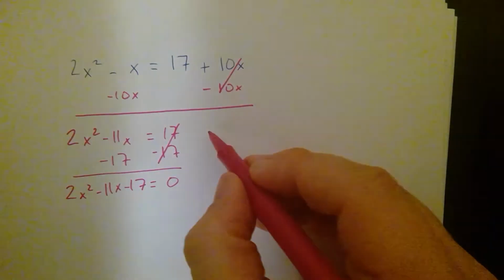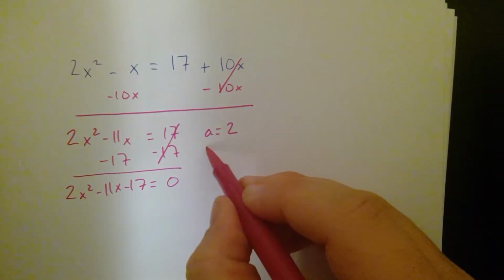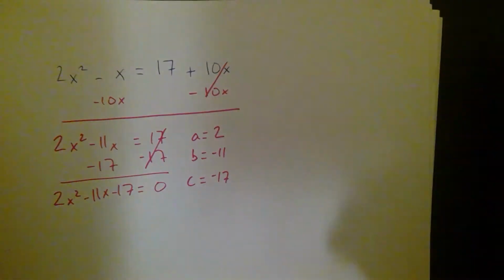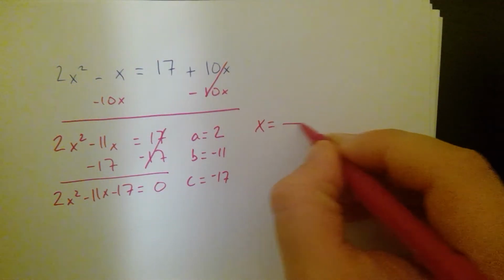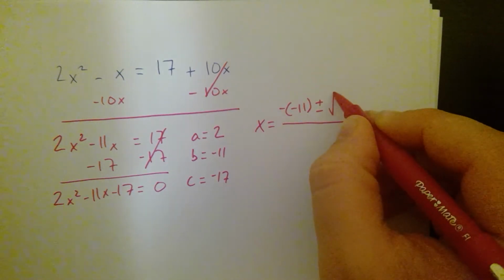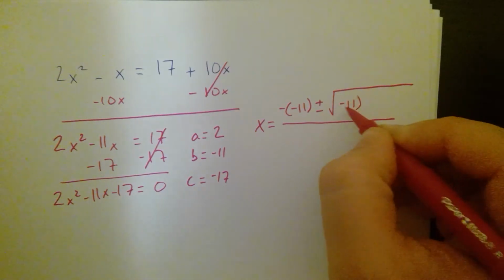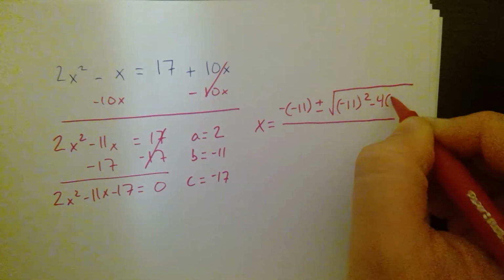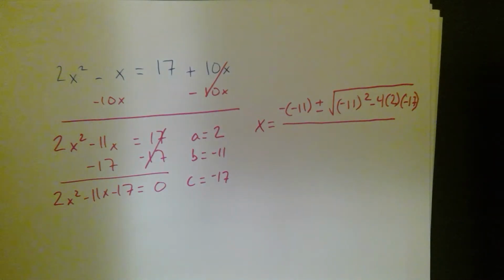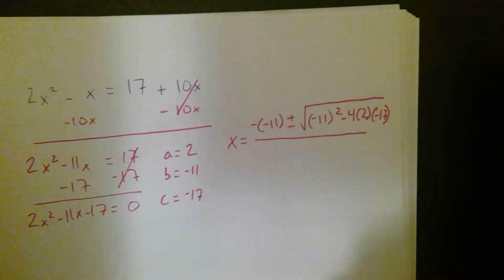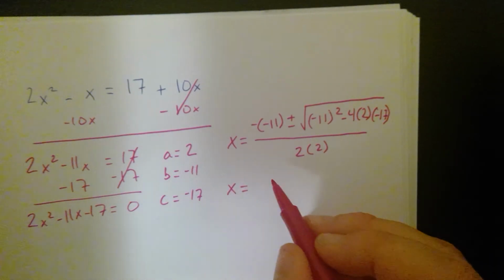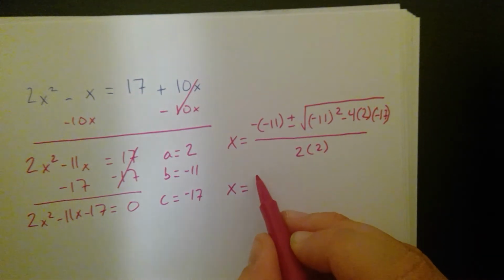Let's go. So a equals 2. b equals negative 11. c equals negative 17. Let me go ahead and plug into my formula using parentheses. Always use parentheses. This is where the most mistakes are made, when we don't use parentheses. Okay, let's see, all over 2a. So x equals, I'm going to go and simplify each part. So negative times negative 11 gives us positive 11